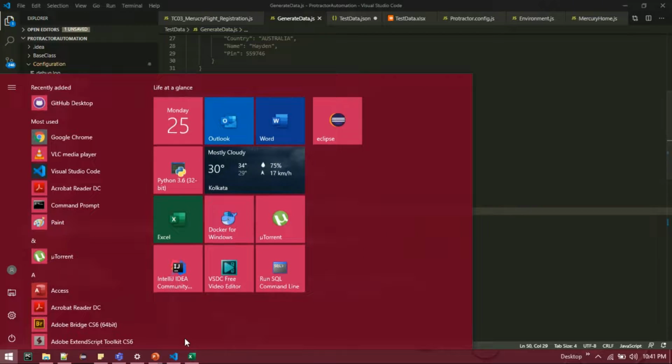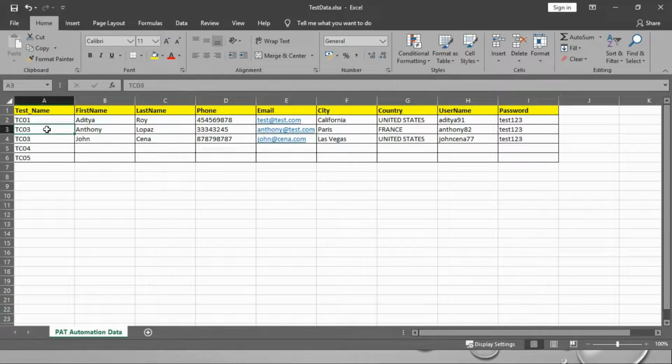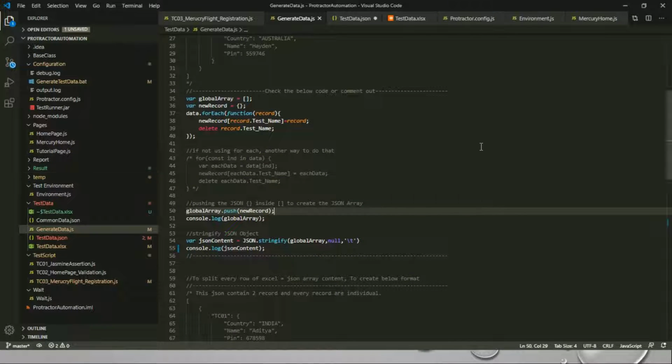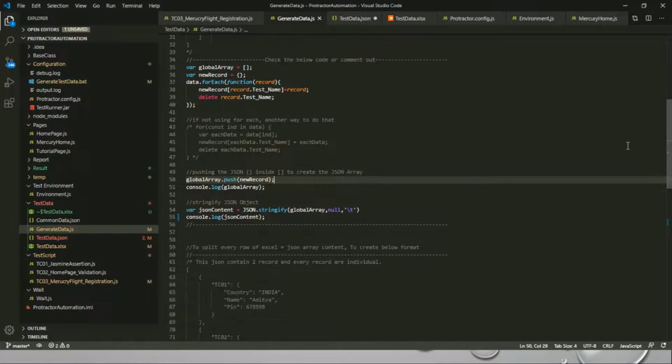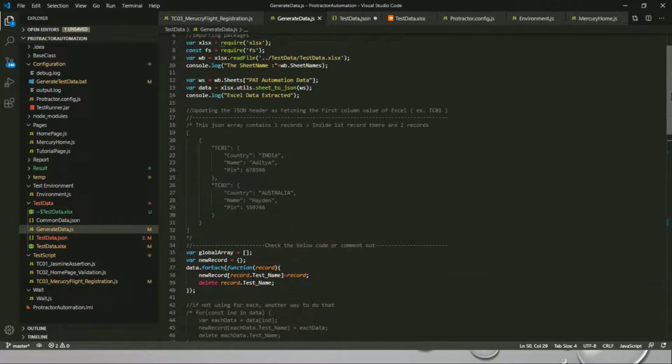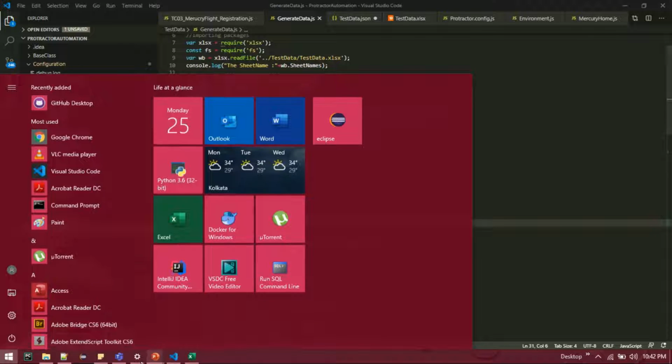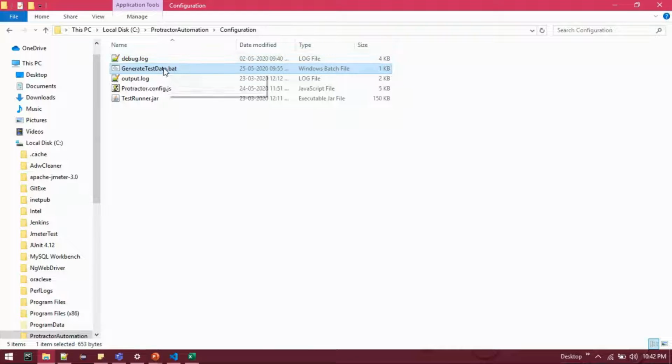Let me update the data. Suppose I'm reading for TC02. So 1, 2, 3, 4, 5. We have 3 data. For the specific TC03, we have only 1 data. So this will generate the test data like this. Let me just generate the JSON first, so you will understand.